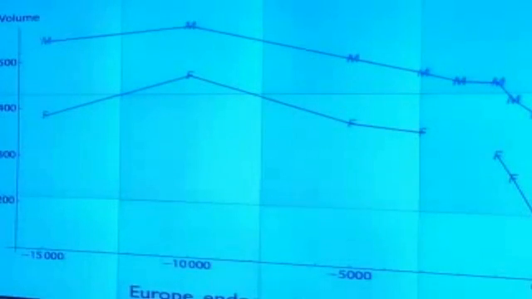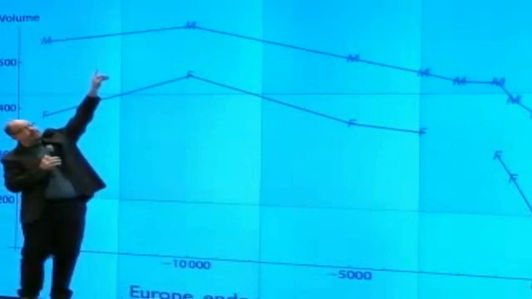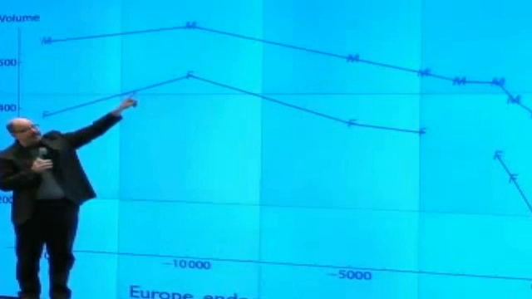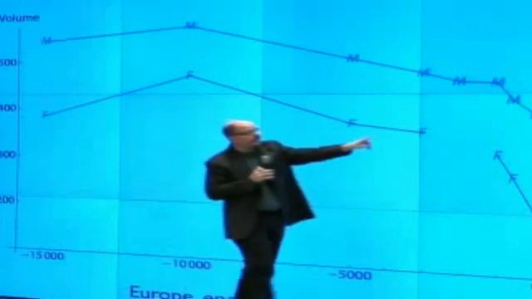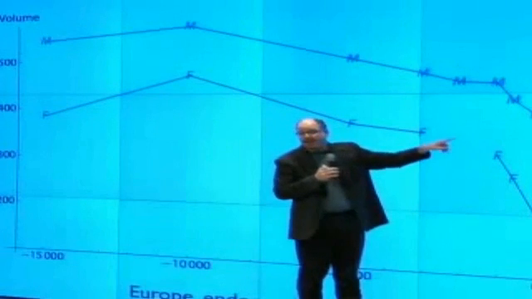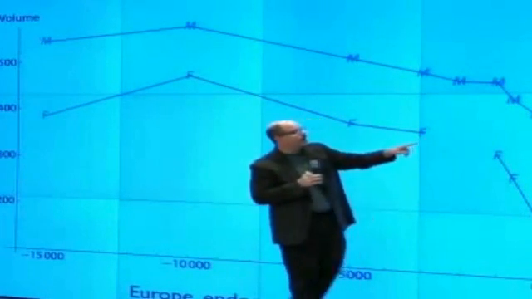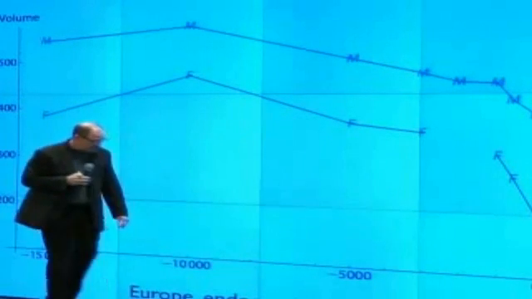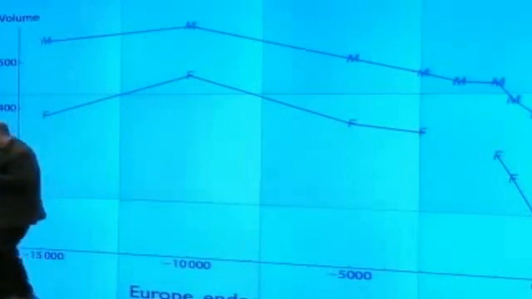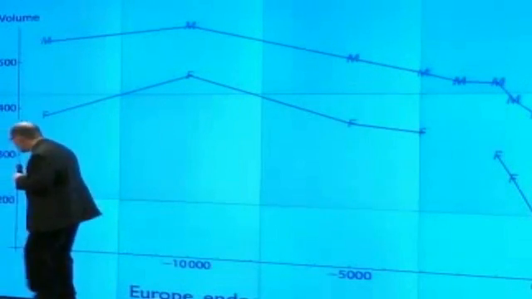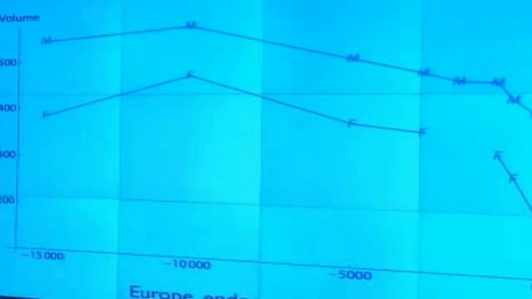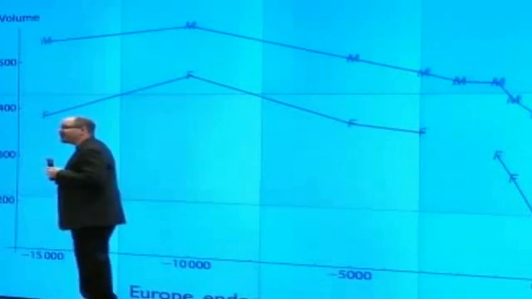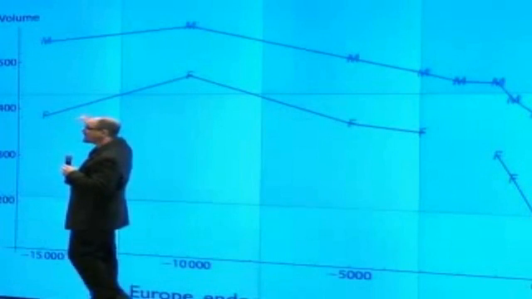Here's Europe. This is endocranial volume means in males on the top and females next. The only disjoint here in this distribution is I don't have a sample of Roman era females to go in the spot. What happened? Early Upper Paleolithic people who lived 25,000, 15,000 years ago had bigger brains than Neanderthals. A lot of you who know anthropology have heard Neanderthals had bigger brains than us. It's true. Neanderthals did have bigger brains than us, but they didn't have bigger brains than the people who followed them in Europe. Those people's brains were expanding